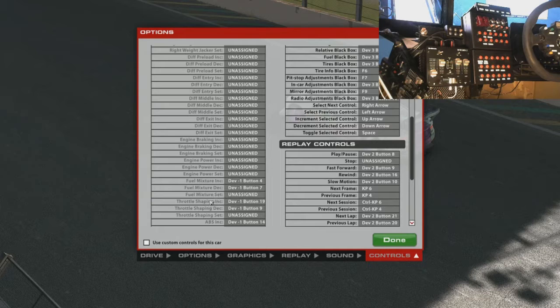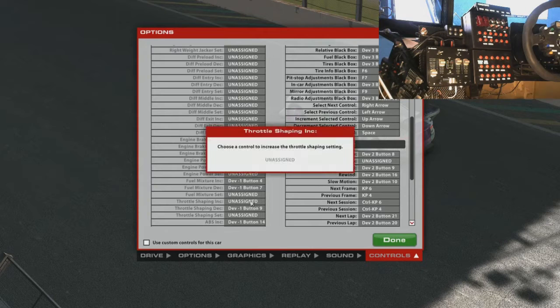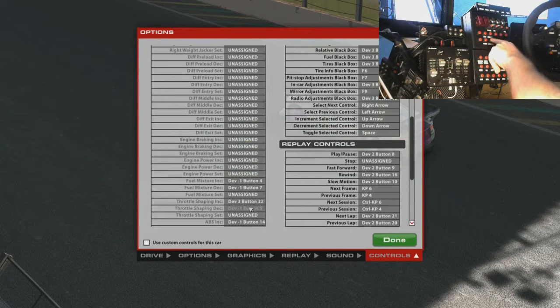Right, so the throttle shaping is what I've called on here throttle curve, and that means you can change the way the throttle behaves in relation to the amount of pedal you put in. So you can make the throttle basically softer or fiercer around neutral, giving you a car that's more or less aggressive, basically. So throttle shaping increase, it's throttle curve plus, throttle shaping decrease, throttle curve minus,